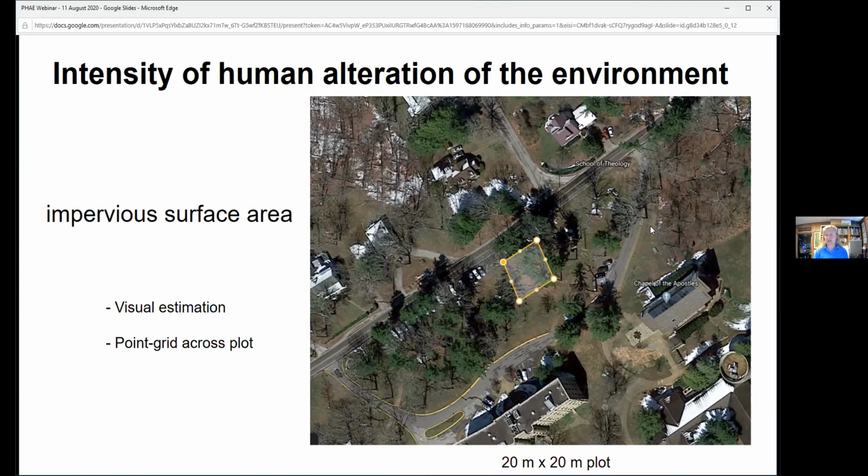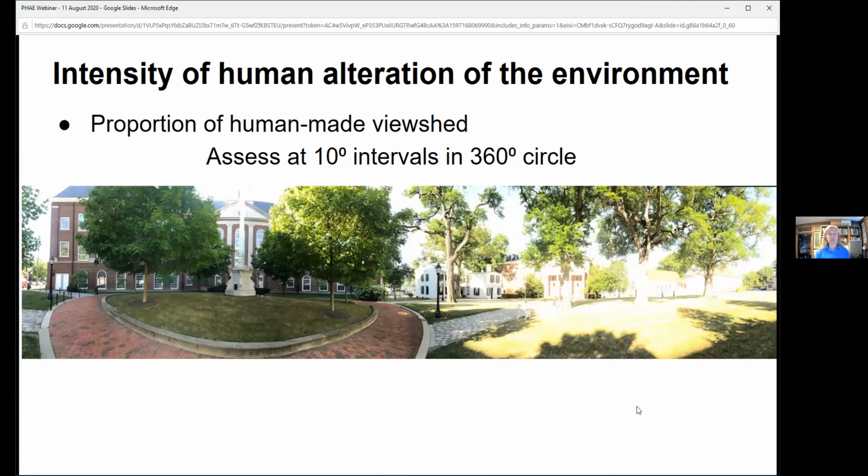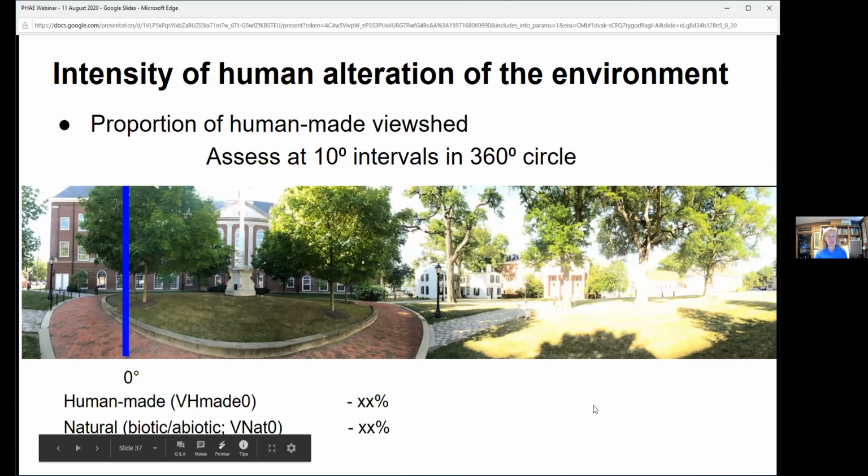One that is perhaps a little bit less traditional is taking a look at the proportion of the viewscape surrounding that plot. That viewscape would be assessed at 10-degree intervals in a 360-degree circle around the center of the plot, in which you'll be looking at, in each of those directions, the proportion that is human-made materials versus the proportion that is more natural materials. I'll show you an example here, starting in the center of the plot, facing north, drawing an imaginary line from your feet up to the sky, and then looking along that line for the proportion of it that is representing natural area versus the proportion that is a